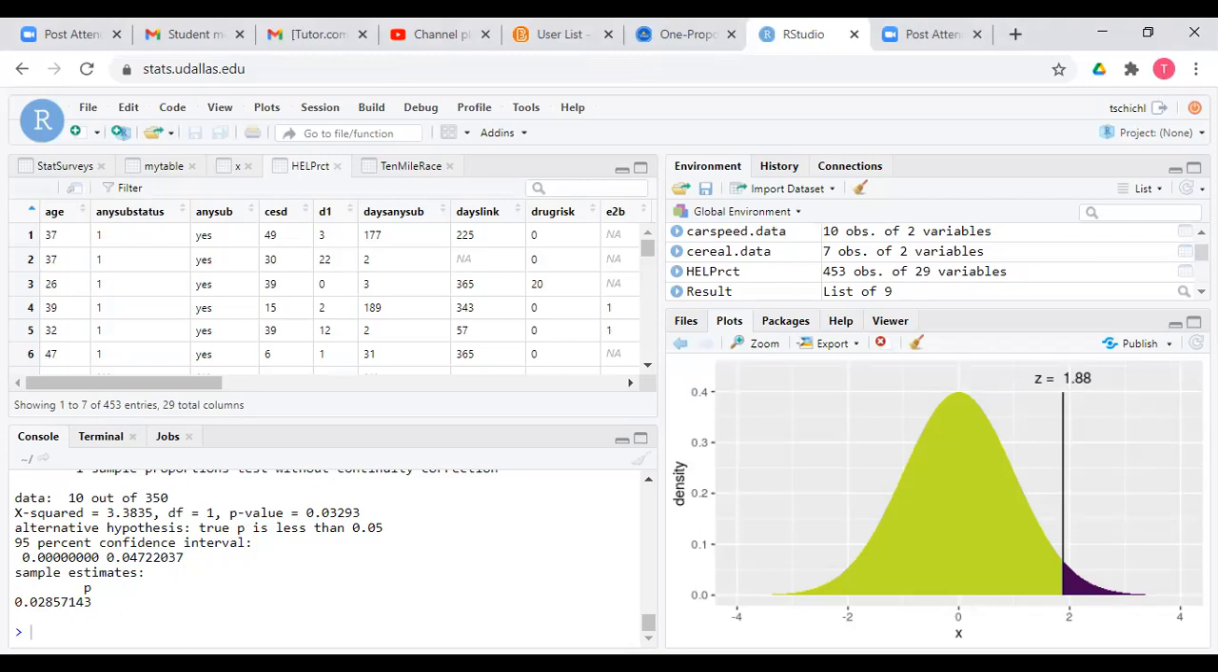And then you probably ask, hey, where is my test statistic? R gives it to you a little bit differently. The test statistic they use here is 3.3835. They call this the chi-square test. So in order to do the Z test, if you want to calculate the test statistic, your Z test statistic will just be the square root of 3.3835,